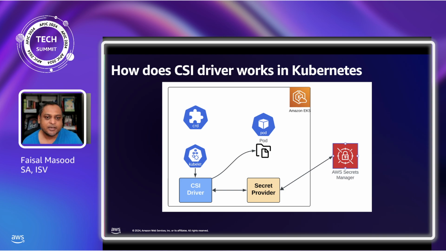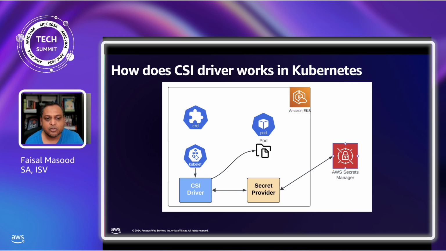You can see when you install the CSI driver, it installs a CRD first. On the top you can see the CRD. Then at runtime, when somebody requests a pod by deployment, direct or whatever way you request a pod, the kubelet will go to the CSI driver and say, hey, this pod requires a volume, and it is loaded from this external store. The CSI driver says okay.